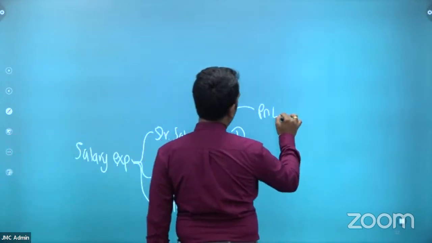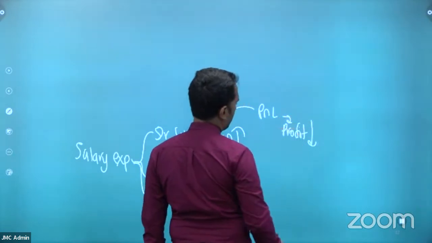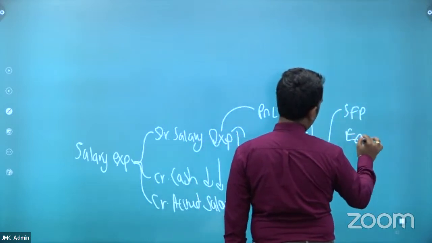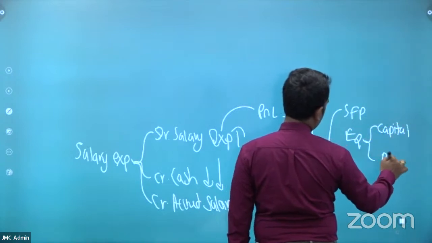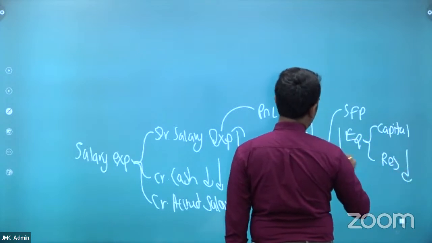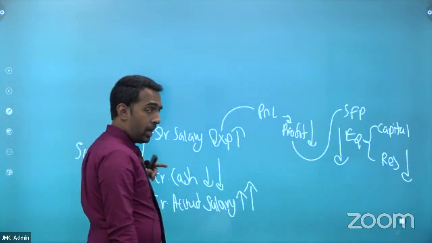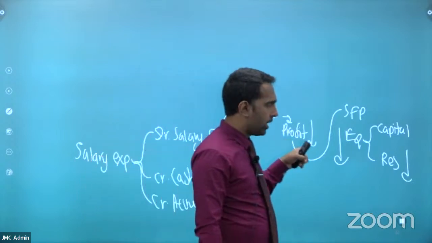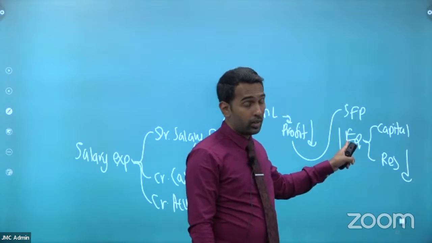Then we'll go to the P&L. In P&L, your profit will come down because of the expense. Then you are taking the profit to the statement of financial position in equity. We got the capital and reserves now. Because the profit comes down, reserves come down, equity comes down. The salary in the form of either reduction of assets or increase in liabilities. Because of this expense, the profit came down in the form of reduction of reserves and ultimately ended up decreasing